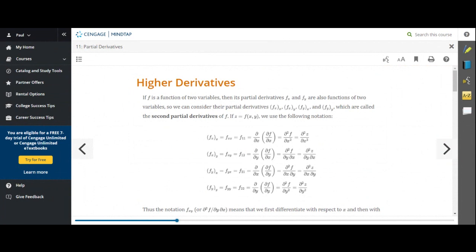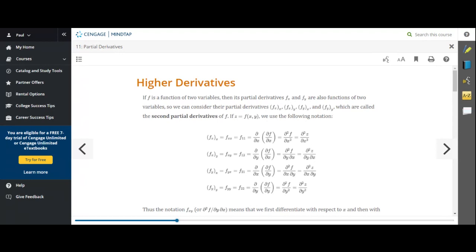So first derivative is slope of a tangent line. Tells you if the function's increasing or decreasing. Second derivative, I'm now just talking about an f of x. I appreciate all responses. Concavity. That's right, Robin. Concavity. Second derivative is concavity. Well, for higher derivatives, if you have a function of x and y, how many